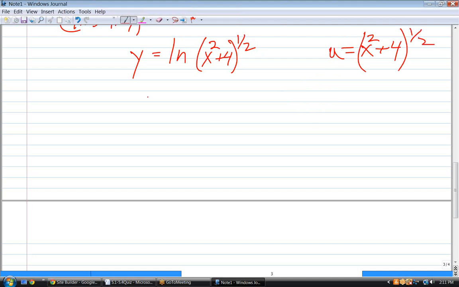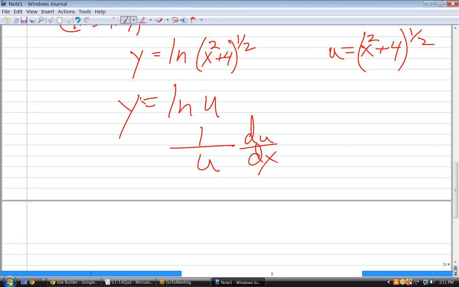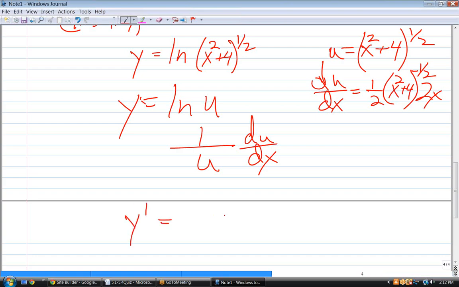Now we're going to take the natural log of u, which would be 1 over u times du dx. So let's figure out what du dx is here. It's equal to 1/2 x squared plus 4 to the minus 1/2 times the derivative of the inside, 2x. So my y prime has to be 1 over this